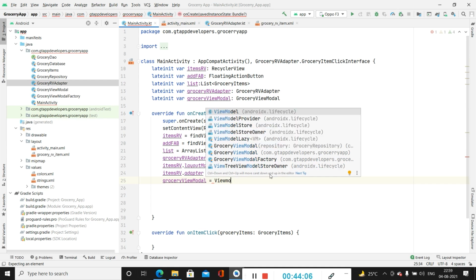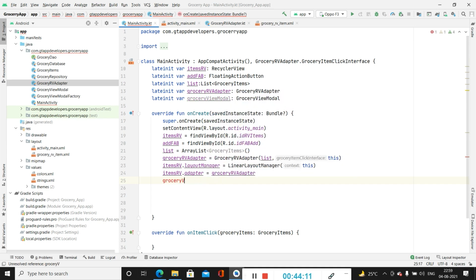Firstly we will be creating a variable for our repository as well as grocery view model factory, and from that we will be calling the initialization of grocery view model.